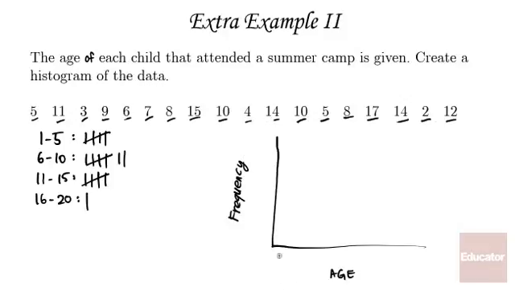Let's see, I'm going to need 4 intervals, so it's 1 through 5, then 6 through 10, 3 and 4. So 6 through 10, 11 through 15, 16 through 20. Okay, and then